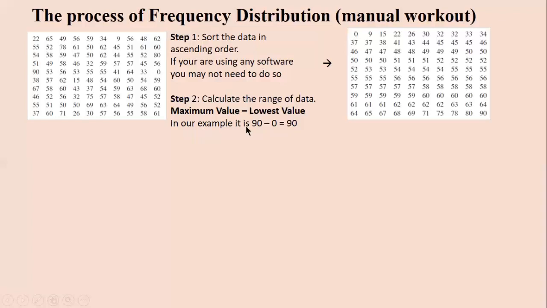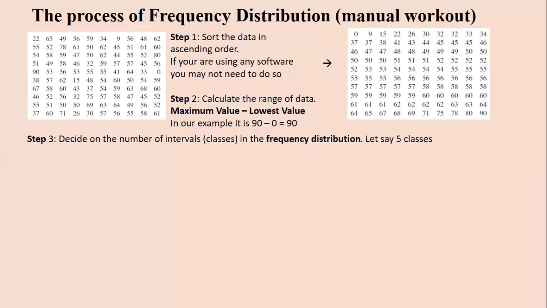In our example, the maximum value is 90 and the lowest value is 0. Here we can see that this is 90 and this is 0. So 90 minus 0 becomes 90. This is actually the range of our data. So if we have calculated the range of data, then we have to go to step number 3,